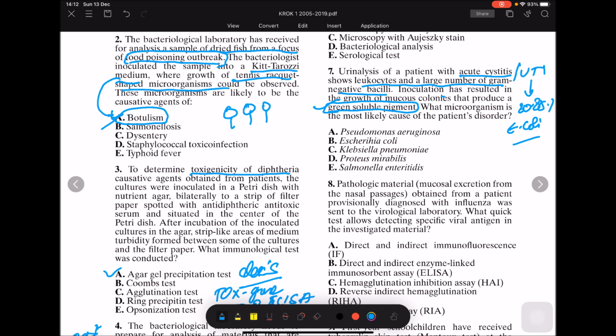But here they gave you a green soluble pigment. So all these are gram-negative bacilli, but the green soluble pigment with gram-negative bacilli is specific for Pseudomonas aeruginosa. Pseudomonas aeruginosa is a gram-negative bacterium which produces pyocyanin,